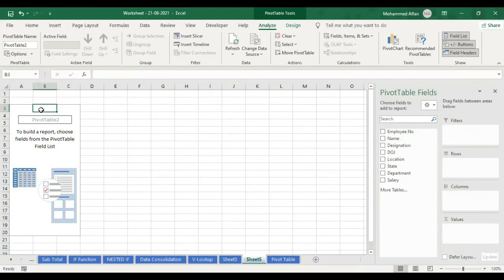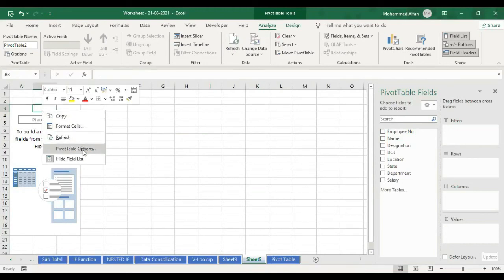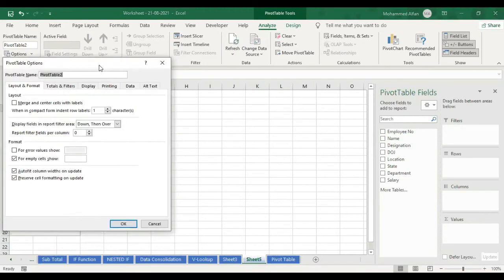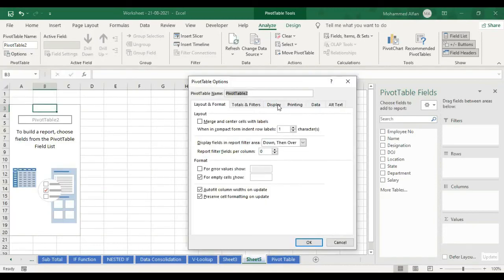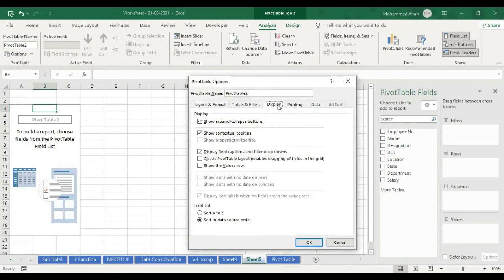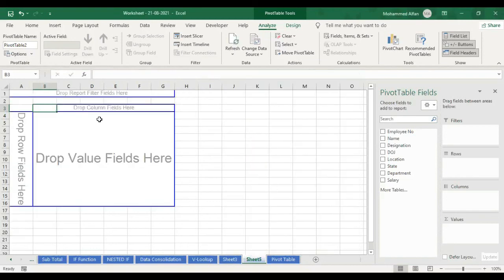Right click here with the mouse, click on the pivot table options. You can see a number of categories. Click on display, classic pivot table. Okay, you'll get classic pivot table options, right? After that,